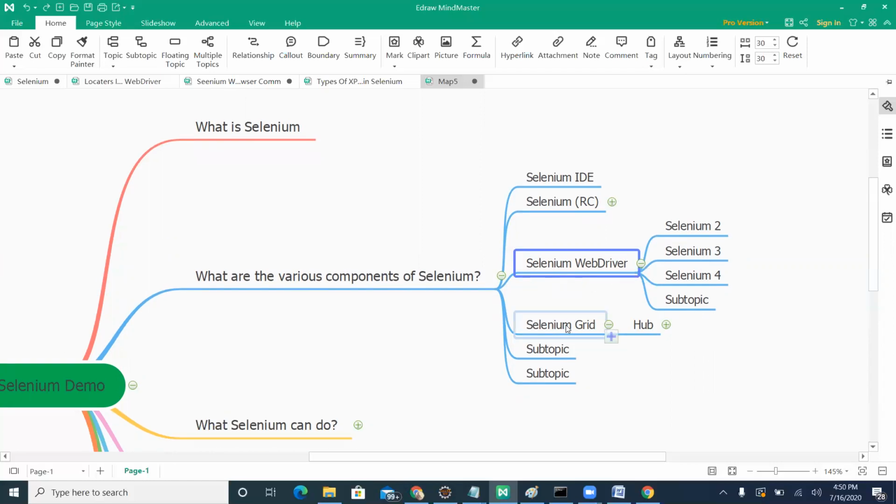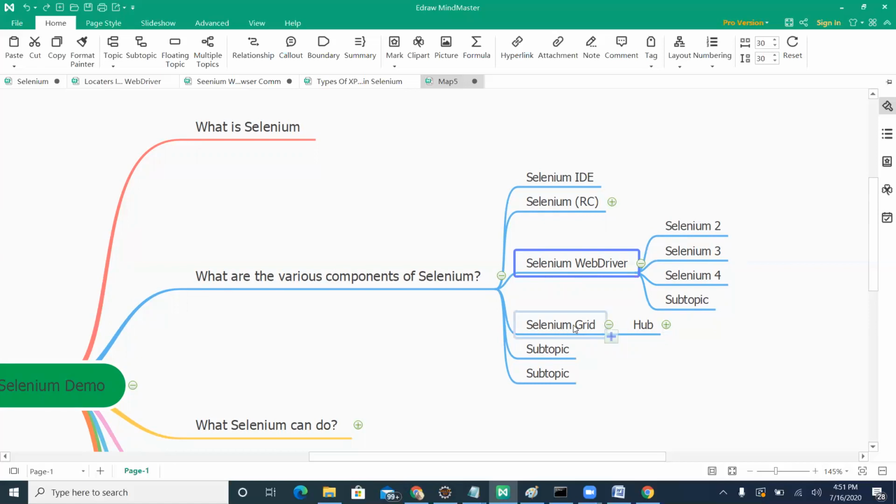Selenium Grid. What is Selenium Grid going to do? Whatever code you write, if you want to execute it on multiple platforms like Windows, Mac, Linux, Unix, in a concurrent way, at one time with multiple browsers, you can use Selenium Grid.